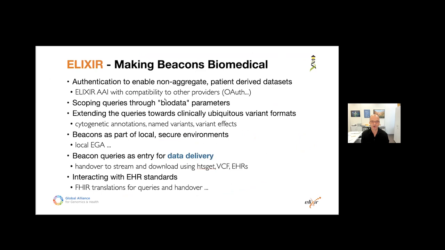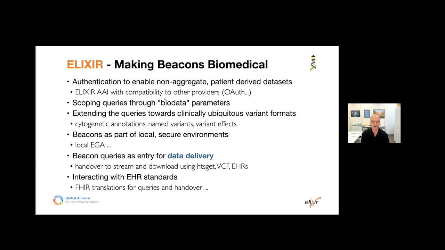One of the missions of ELIXIR was that these beacons, which had shown their basic utility and wide adoption, should really be pushed towards becoming more biomedical, for research and clinical application. Some issues were originally identified and then divided between the participating groups.